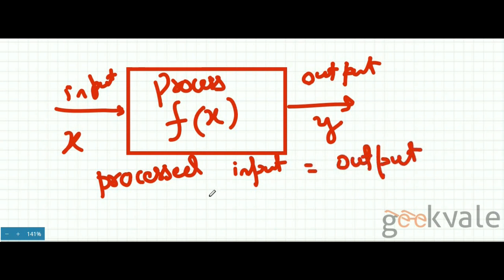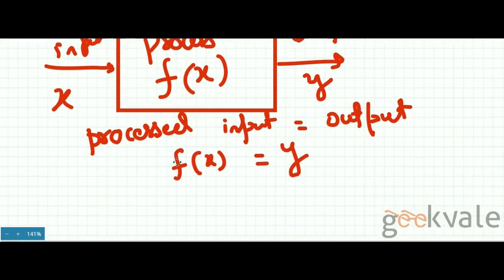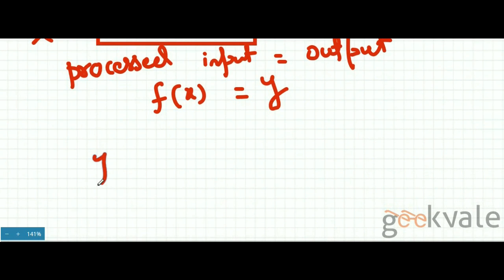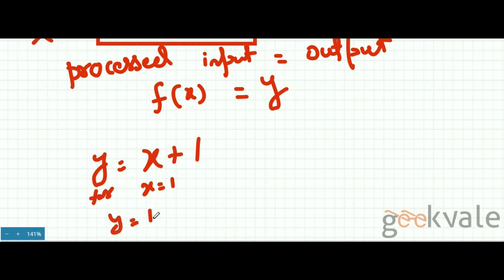Sure it is. When the input is done processing, it's equal to the output. So I can say f of x is equal to y. F of x, if I apply the f on it and complete the process, will be equal to the output. For example, if I have y equals x plus 1, and for x equals 1,